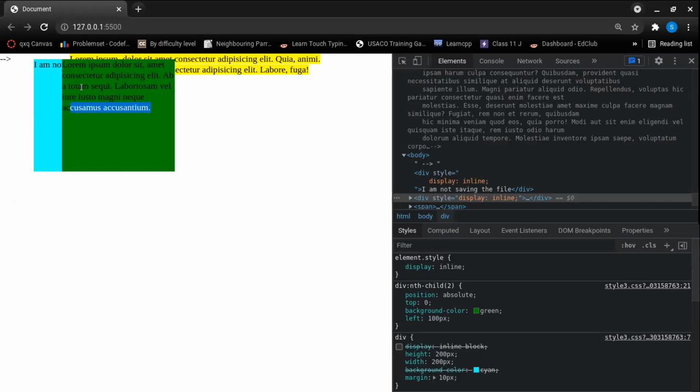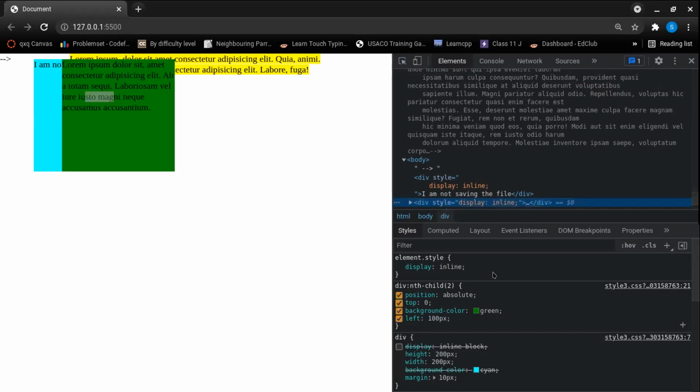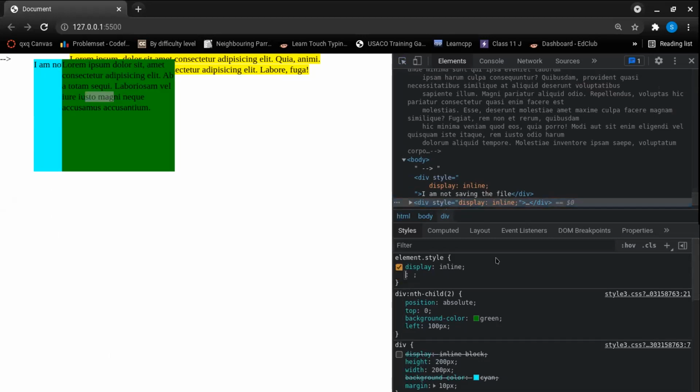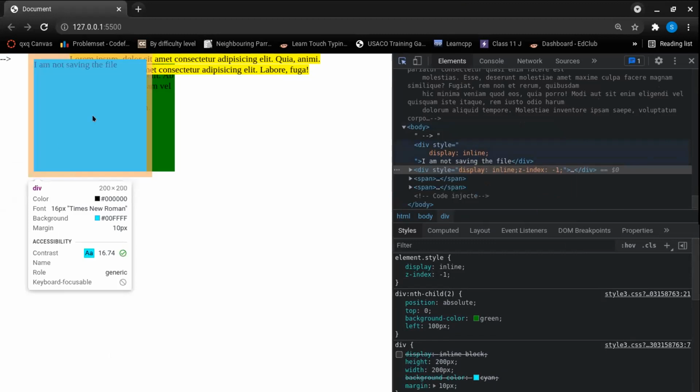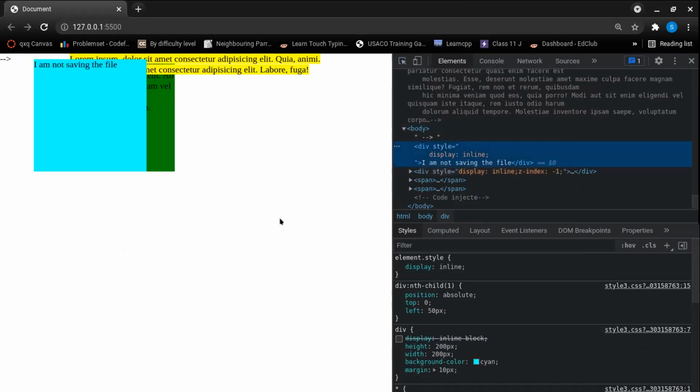The green div is currently over the blue div, so you can change that by declaring the z index property as, let's say, -1. We didn't declare the z index property of this div, so it was by default 0.